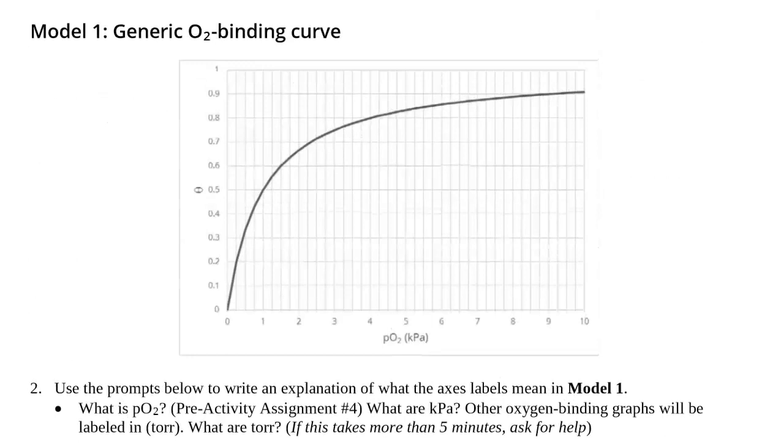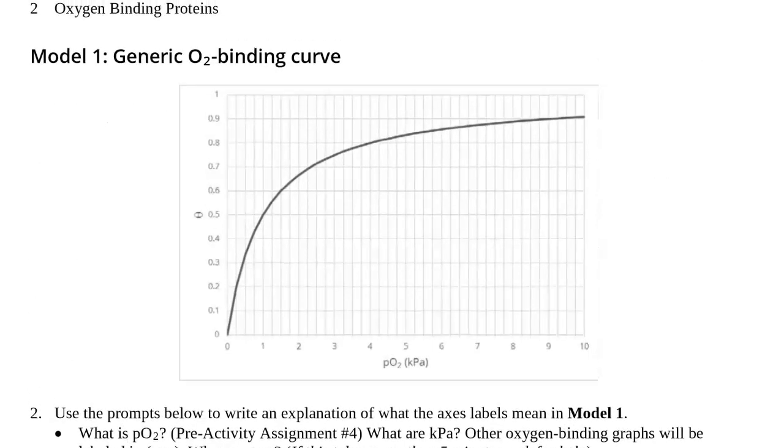So much like we did on the PowerPoint slides, we're going to find the fractional saturation at 0.5, and then we're going to read that directly off of the graph, like so. The graph has lines, so we can make sure we're not reading that at an angle. And this is a skill you'll need to practice, because when you are reading graphs, you want to make sure that you're reading it as precisely as possible. It looks to me like this point crosses exactly on that line, which is exactly on the 1 mark.